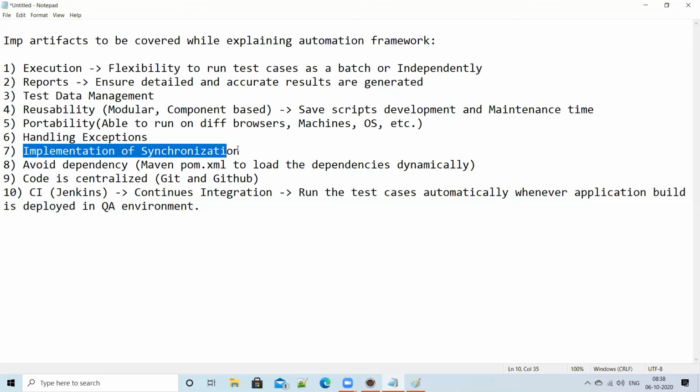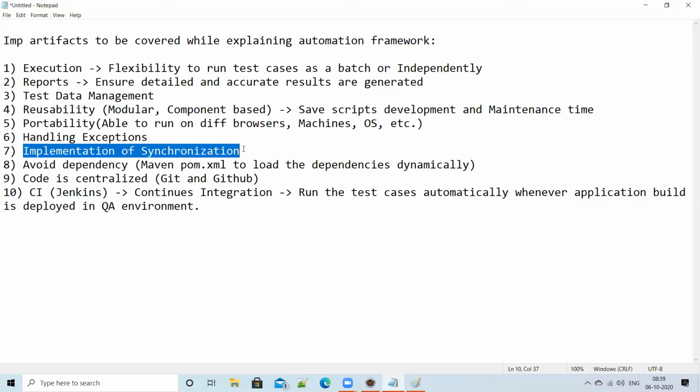And next, implementation of synchronization is also very important. The reason is the application sometimes responds a little slowly. Yes, it happens, guys, sometimes due to the network or because servers are responding slowly. For whatever reason, the application may respond slowly in some particular pages only, not the entire application.